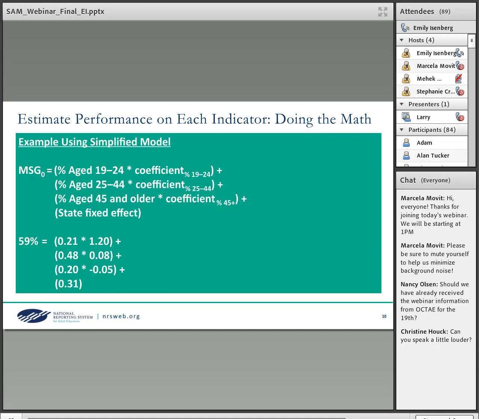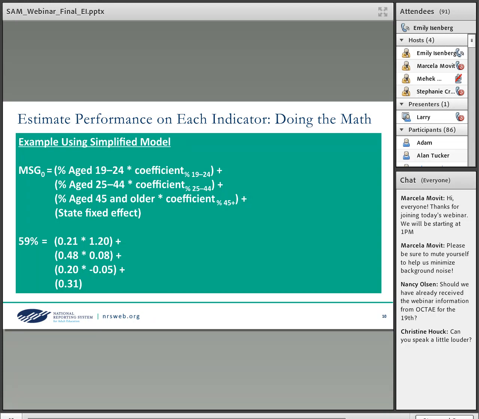In this example, our estimate 0 is equal to the percentage of participants aged 19 to 24 in a particular state year times the coefficient for that age group, which is the same for all states based on the model, plus the percentage of participants aged 25 to 44 times the coefficient for that group from the model, plus the percentage of participants aged 45 and older times the coefficient for that group, plus the state fixed effect.